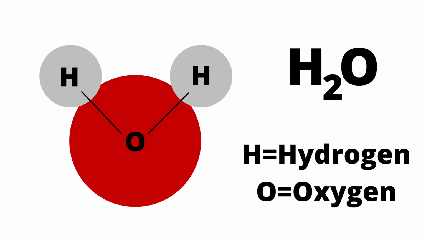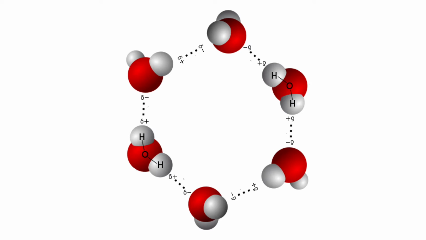In my picture, you can see the 2 hydrogen atoms are these small gray circles, and the oxygen atom is the large red circle. These 3 atoms come together to form this shape, which looks a little bit like Mickey Mouse. Because of this shape, when you get a lot of water molecules together, they form hexagons, which is a